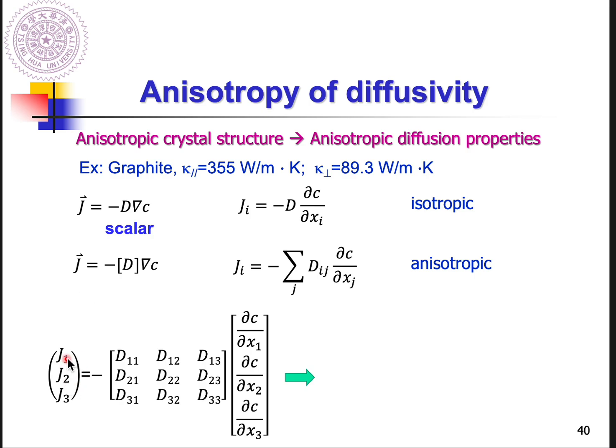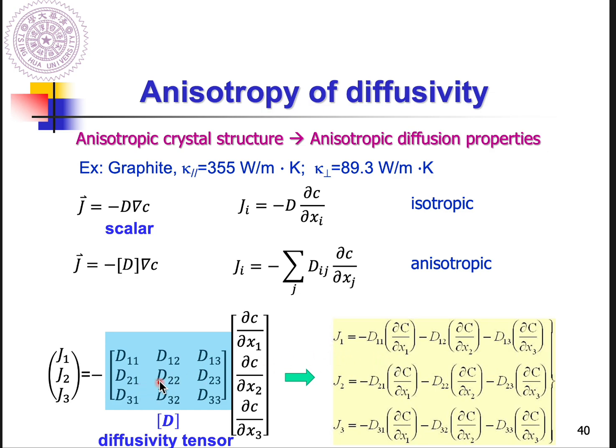We should have J1, J2, and J3, and based on the diffusion tensor, we get the 3 times 3 diffusivity tensor, with the corresponding concentration gradient along x1, x2, and x3. This we call the diffusivity tensor, and it is highly related to crystal structure,